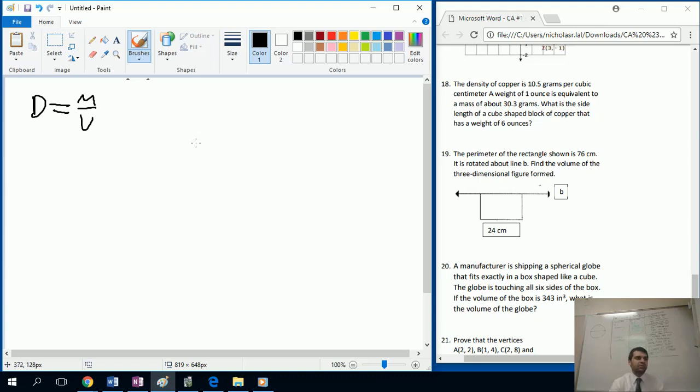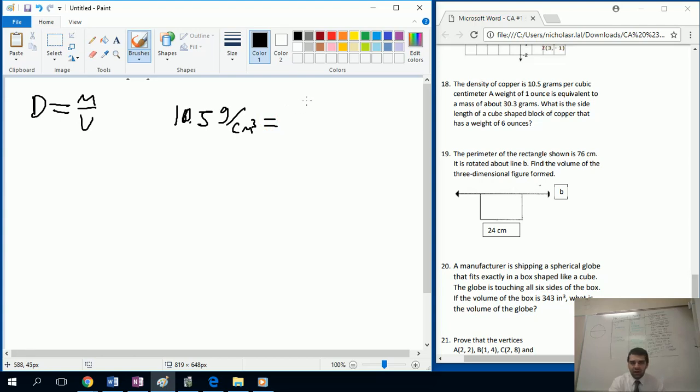Weight is 6 ounces. Our volume is question mark. Our side length is question mark. So our density is going to be 10.5 grams per cubic centimeter. So 10.5, that's our density, is going to be equal to